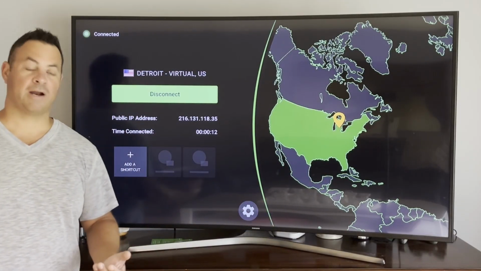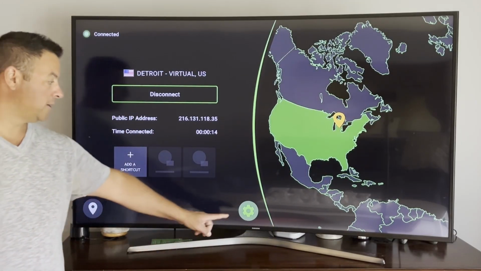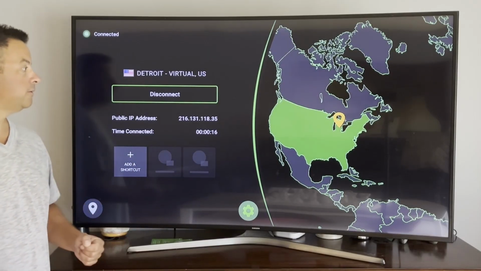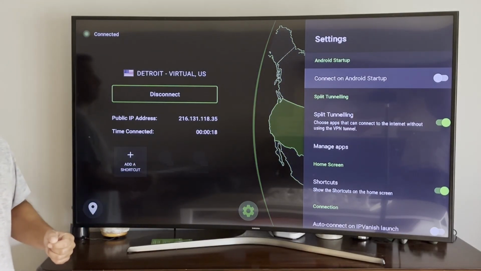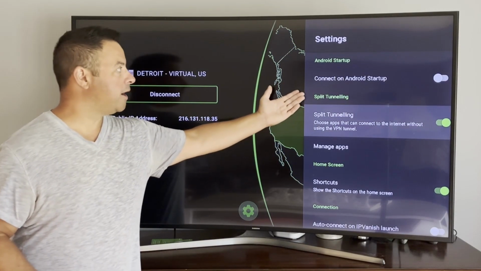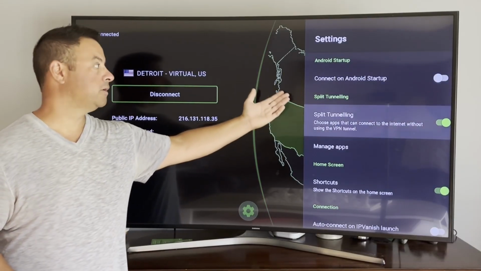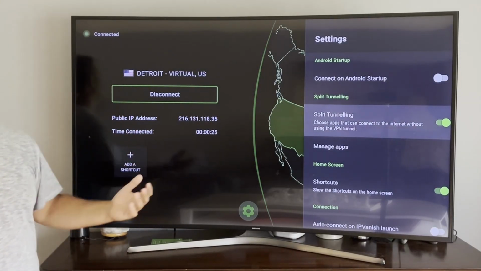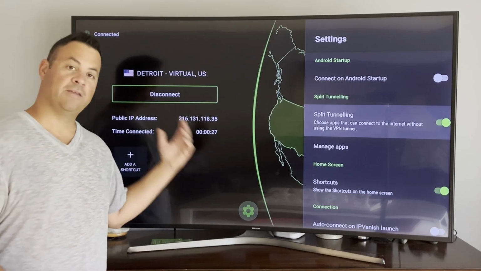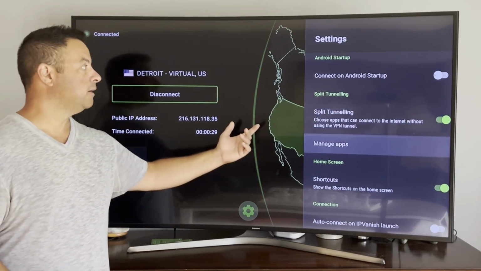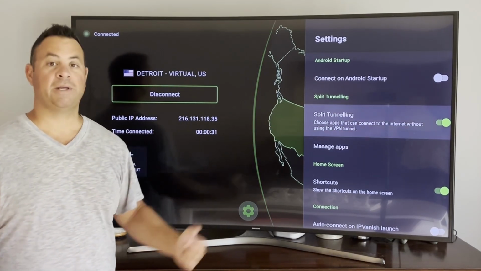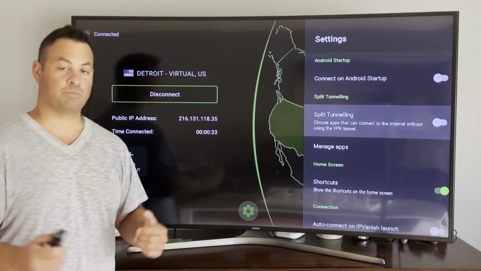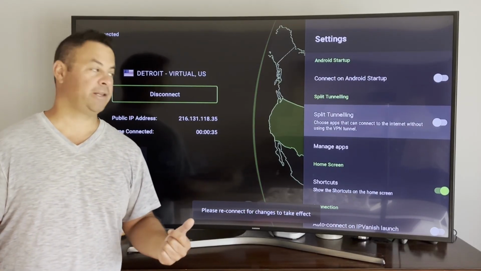A couple things about IP Vanish that you may want to know. Down in the settings, we have the ability to automatically connect on startup. If we have that enabled, as soon as our device is turned on, the VPN connects. We also have the ability to split tunnel. I'll explain here. If we have split tunneling turned on,